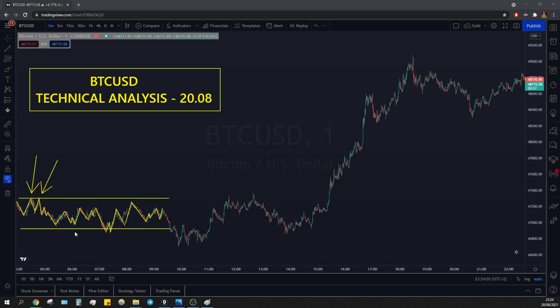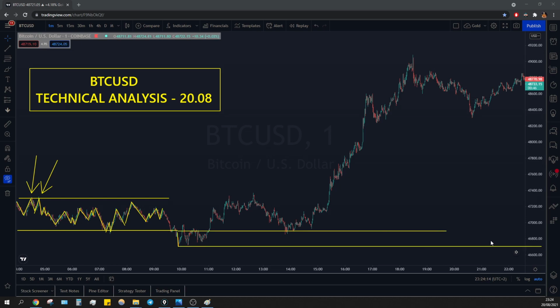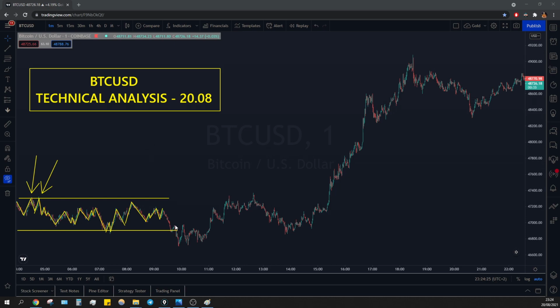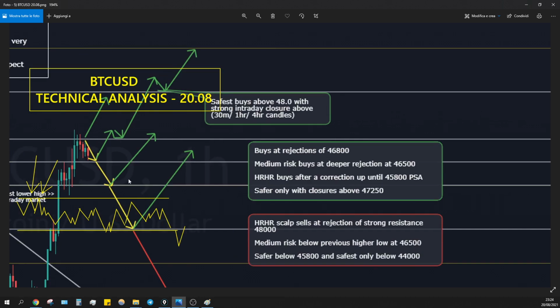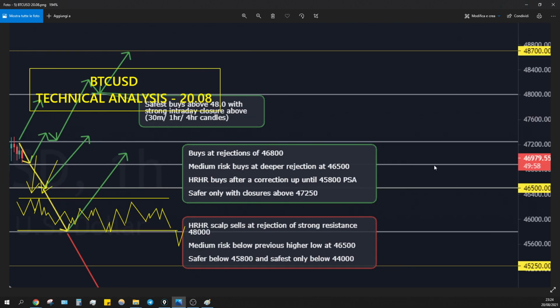As you can see, we have this reaction. Maybe you can consider sells at a break retest here of this level, but I mean we're talking about maybe 10, 15 pips, so not worth it, because this is the 46 something very important key level. That's why we see not key level but price sensitivity area at 46,800. We were expecting buys at the rejection, which is this one exactly, 46,800,